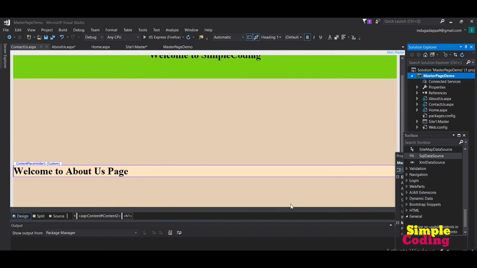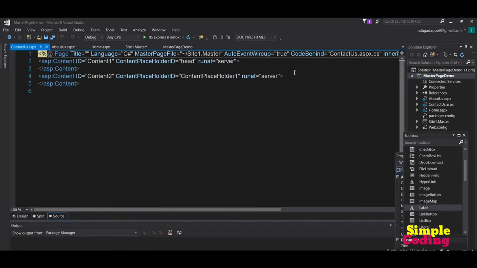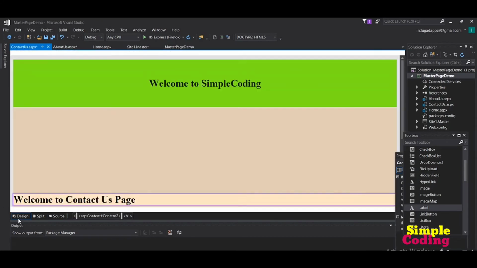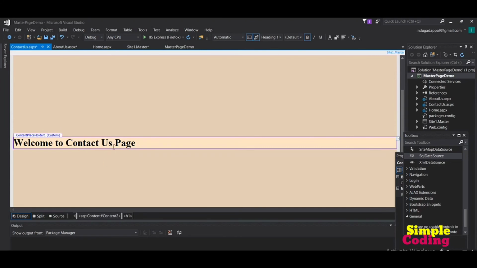It will add one more web form to our project with master page properties. Similarly, I am adding an h1 heading tag to display "Welcome to Contact Us Page" in my web page. That means whenever I click on this Contact Us button, it will display "Welcome to Contact Us Page" in my web form. Now our web pages are ready to use.